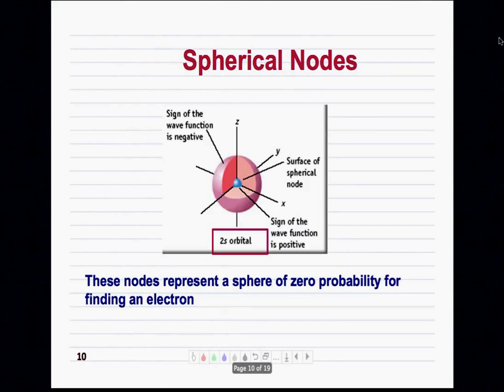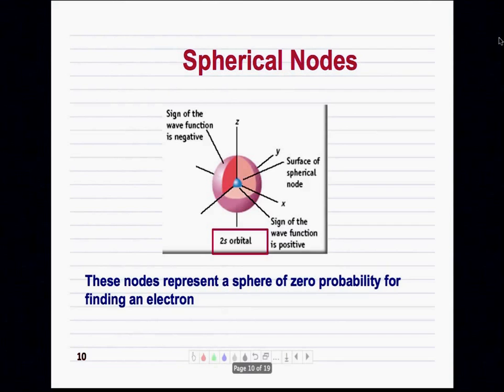Again, I have to remind you that the sphere that I'm showing right here is the highest probability to find the electron. That doesn't mean that the electron cannot be outside this sphere or somewhere else. All it's saying is that the highest probability to find the electron is inside this sphere. Now, inside this sphere, which is 2s, there are sometimes places where there is 0 probability to find an electron. These places, or parts of the boundary surface or the orbital, that have 0 probability to have the electron there,